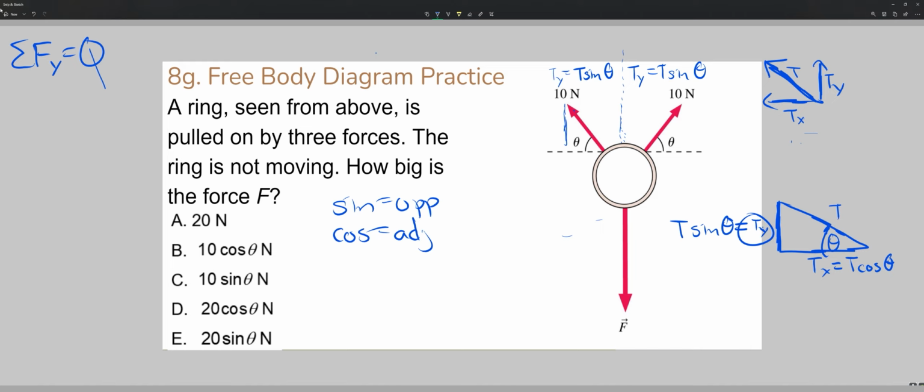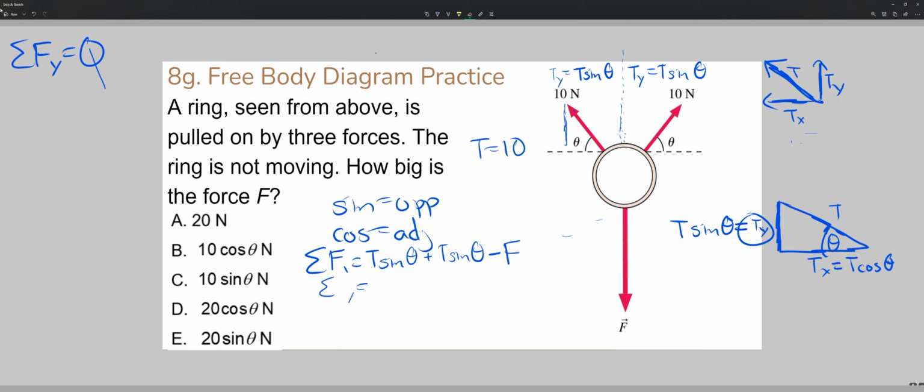So if we do our net force along the y direction, we have our vertical forces upward: T sine theta plus T sine theta, minus our force downward. And our tension here is 10, so T is 10. My tension force is 10. So we can further simplify this by saying, well,